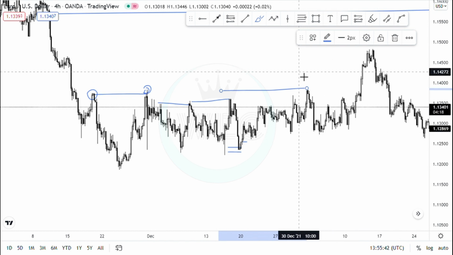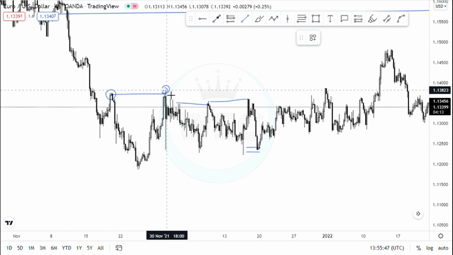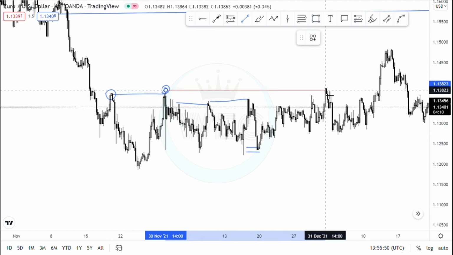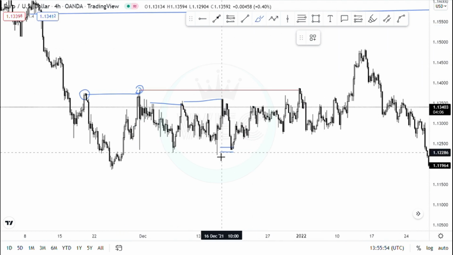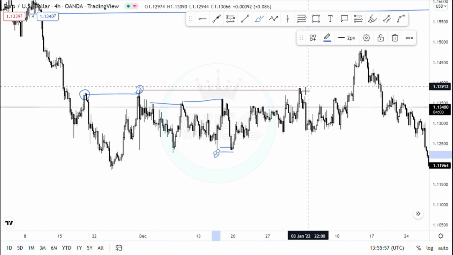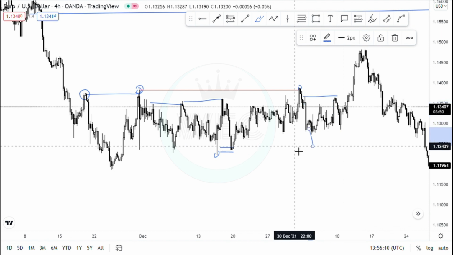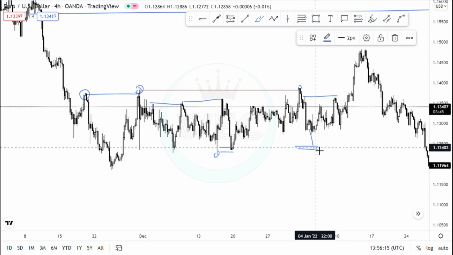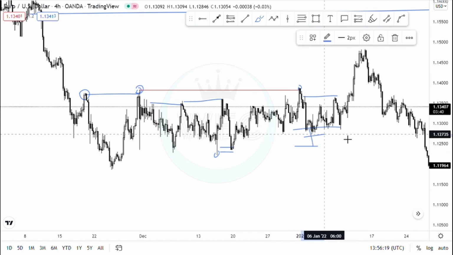Then after that, I know that okay, H4 has been breached over here, and so my next H4 swing leg that I'm looking at will be from here to here. So it means that I have the opportunity to capitalize on counter trend trades to the downside. But as we can see, price did not retrace that deeper. We just had price retrace to a certain level in here, and then we can start also looking for